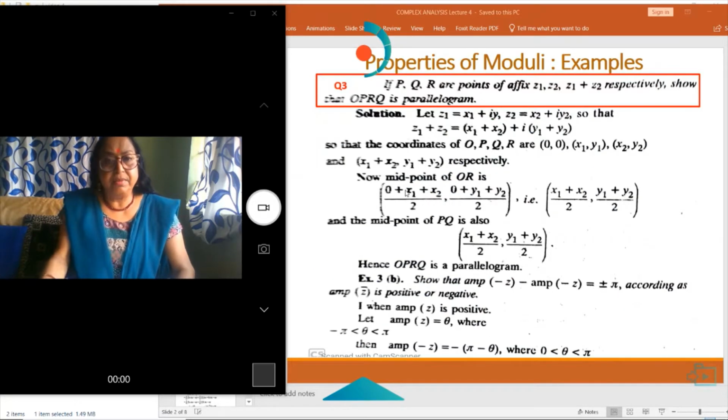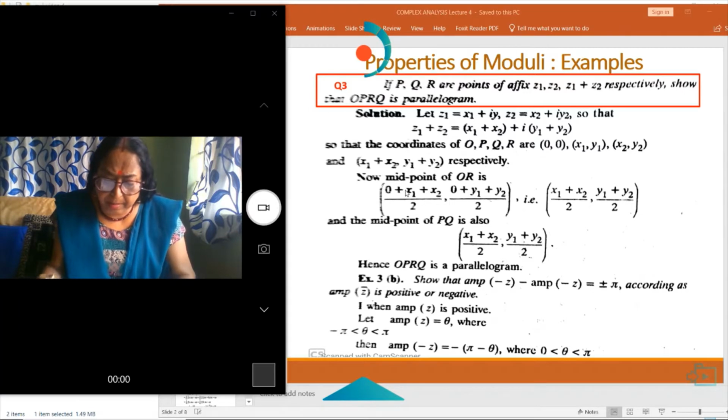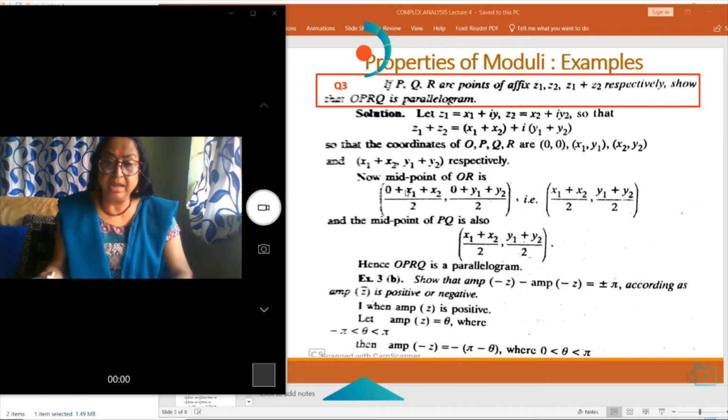Here we take some more examples on complex variables. If P, Q, R be the points of affixes z1, z2, z1 plus z2 respectively, show that OPRQ is a parallelogram. Let z1 is equal to x1 plus iy1, z2 is equal to x2 plus iy2, and z1 plus z2 is equal to x1 plus x2 plus i times y1 plus y2, so that the coordinates of the points are